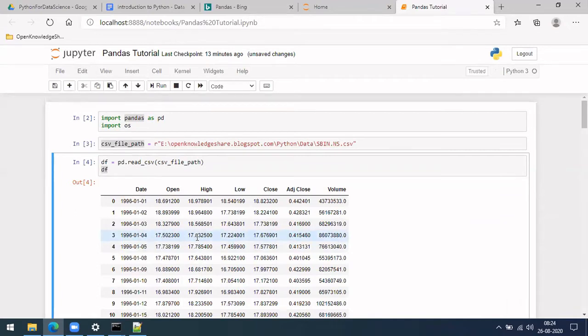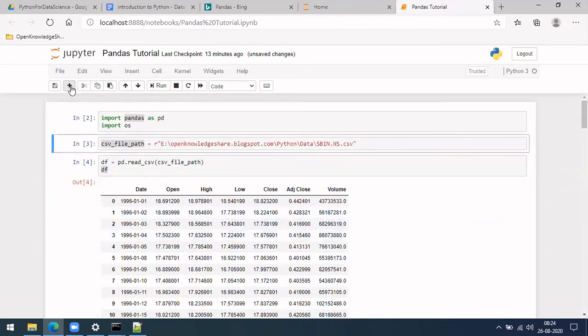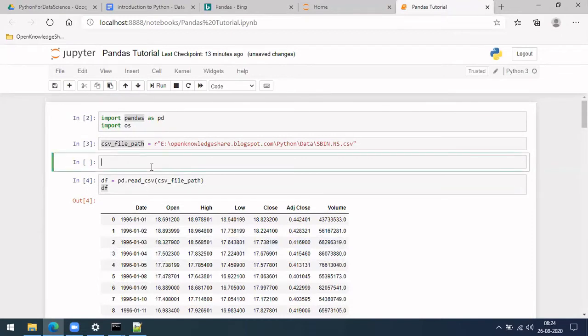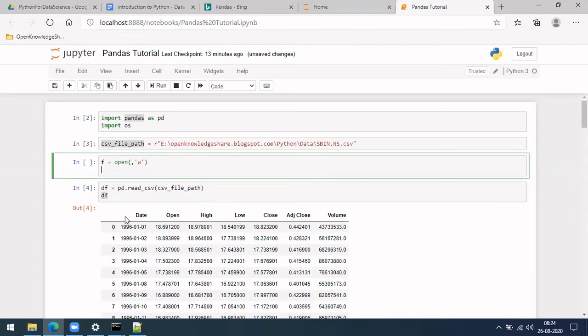Yeah, you can always do that. You can use the write option, meaning f equal to open and then the CSV path in write mode. Then you can write whatever you want into the CSV. But this is more about analyzing the data that you have. We'll be going into that now.